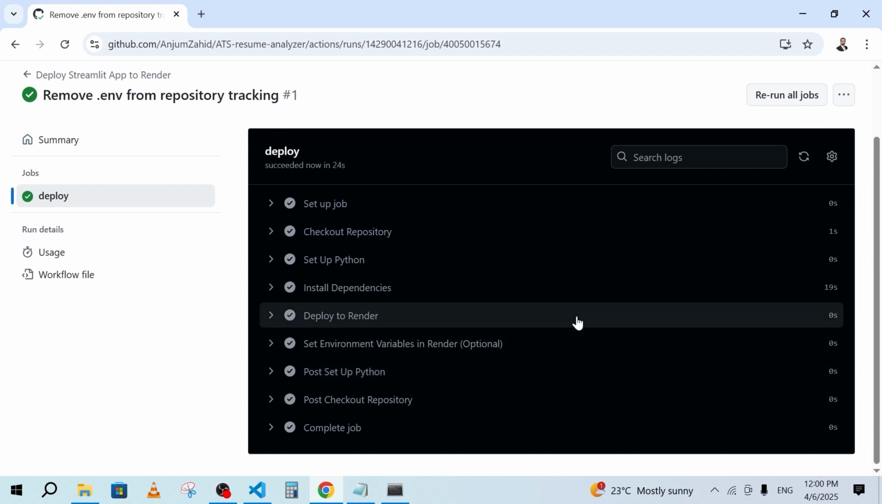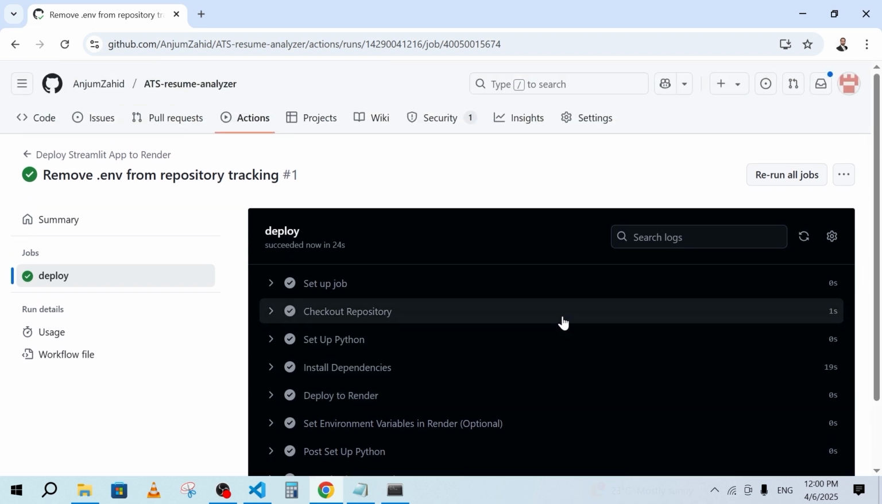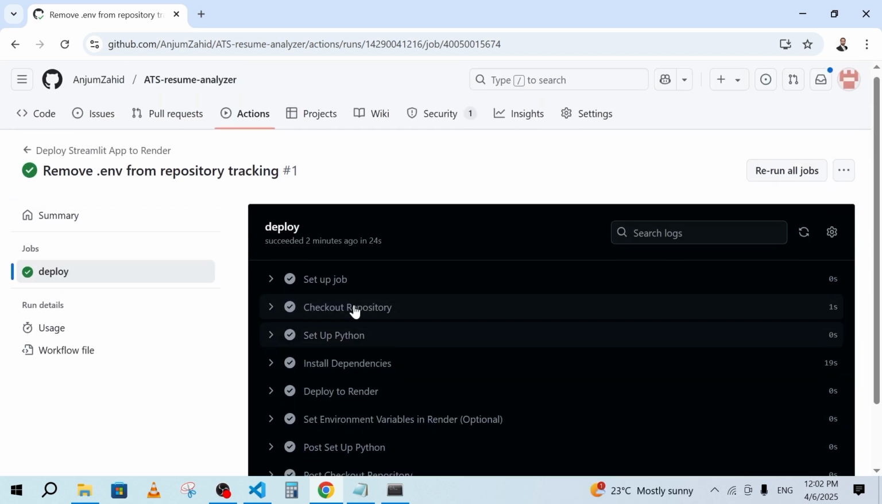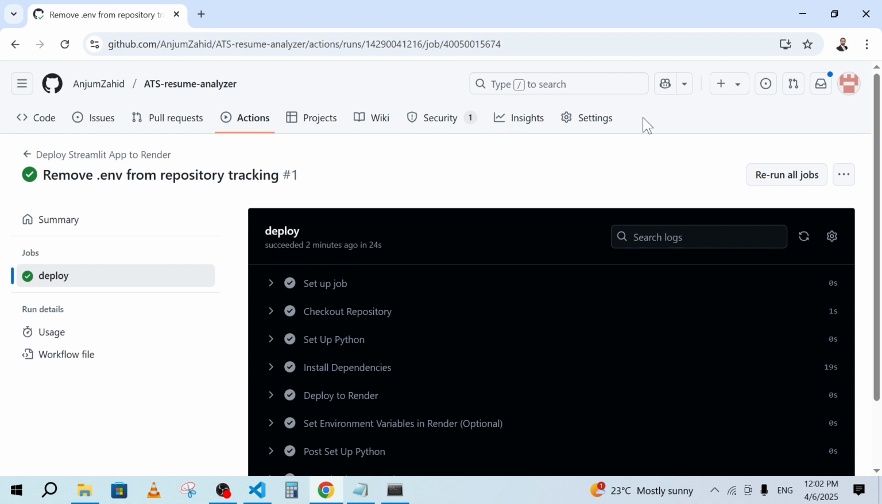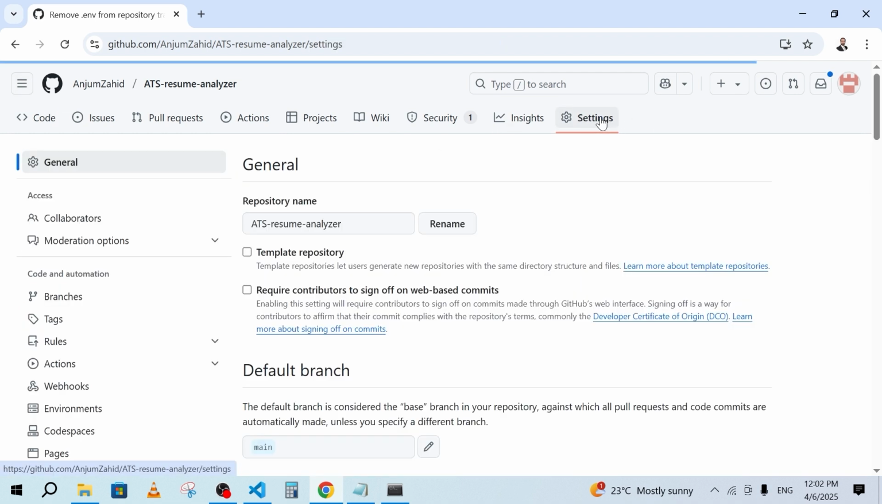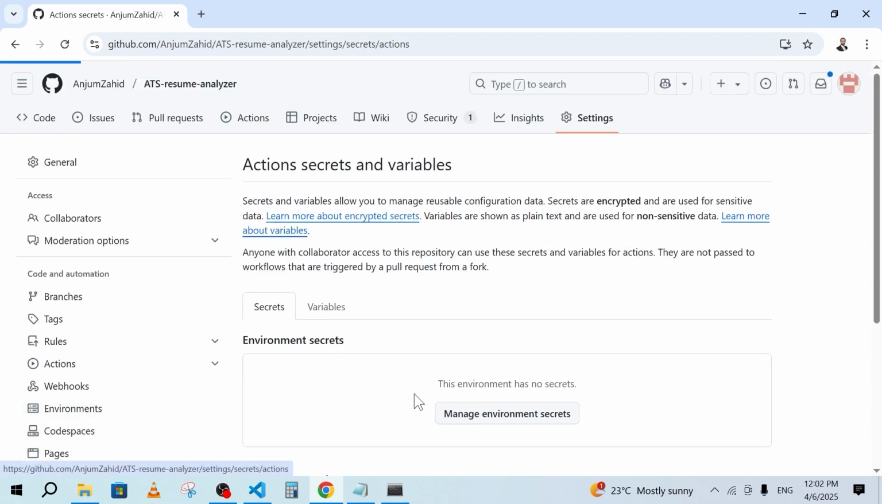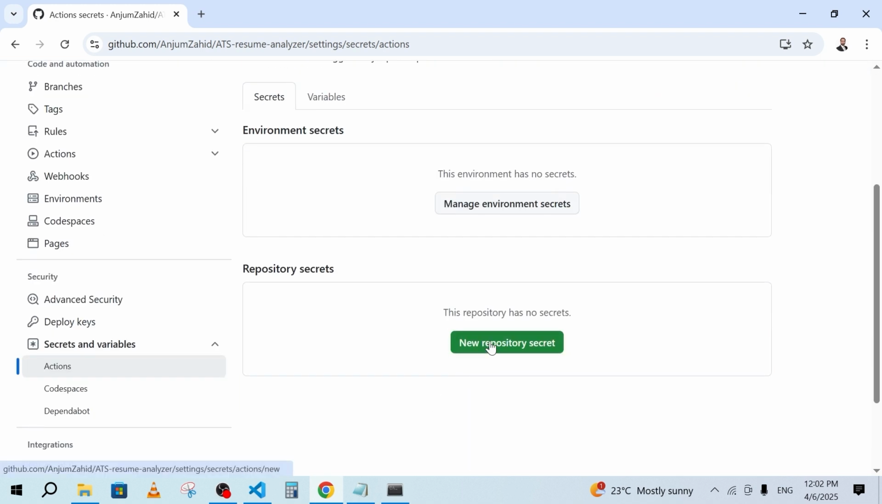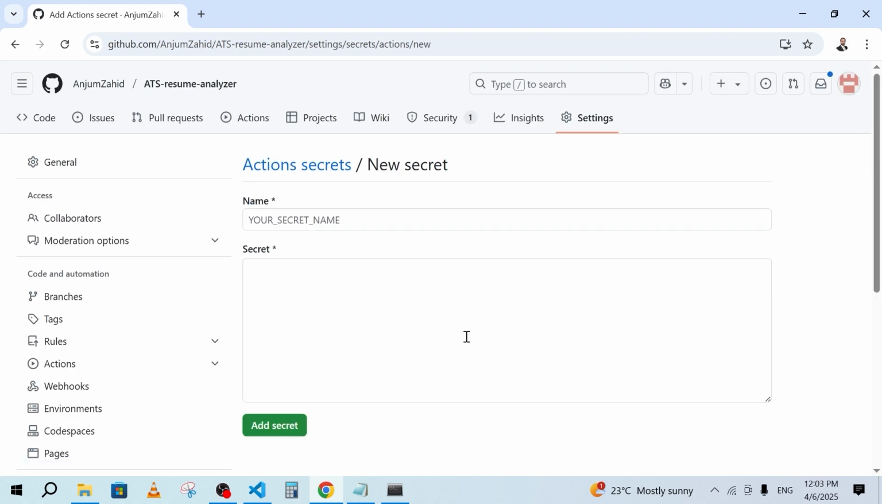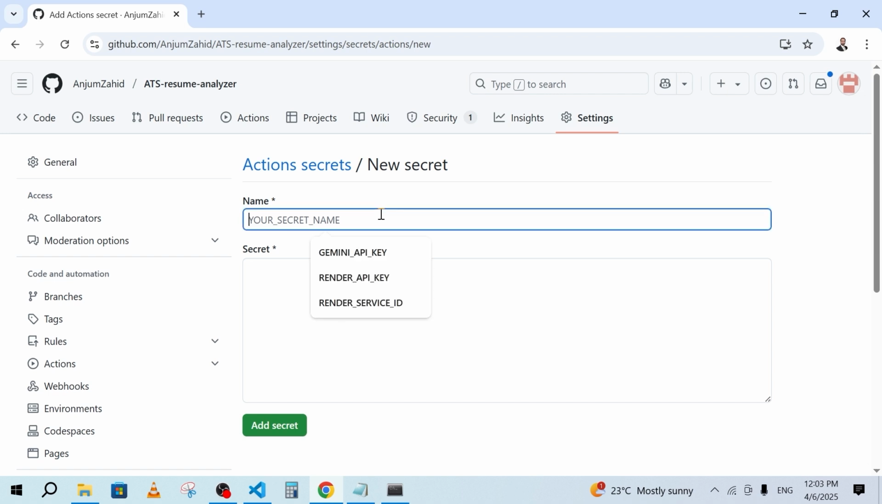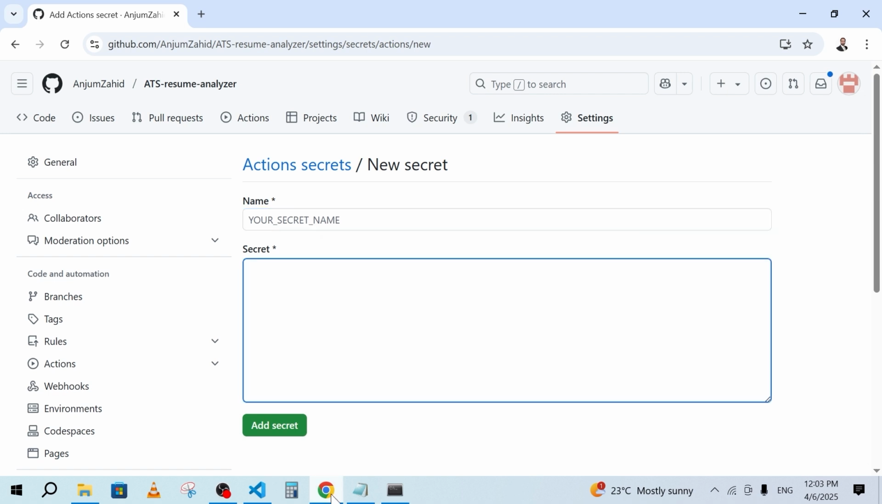Here you can see all the implementation in GitHub Actions has been done. Now we will go to settings, click on settings, and then go to secrets and variables. Click on secrets and variables, and here you will click on new repository secrets, and give the name. Let's suppose Gemini API key,